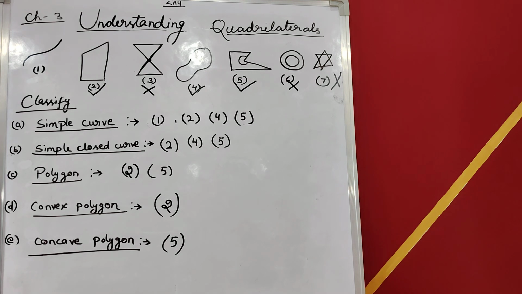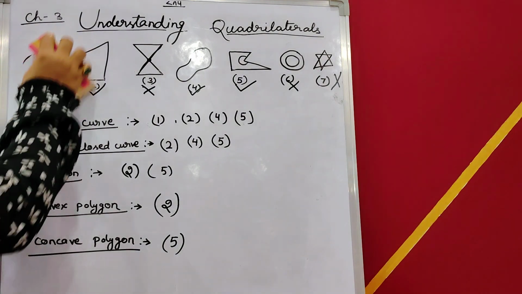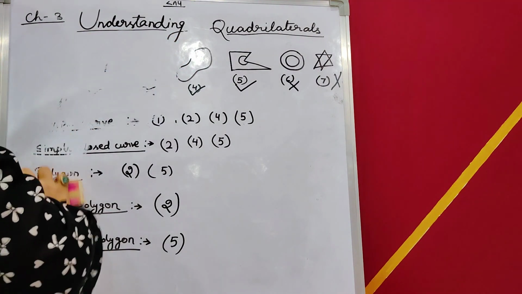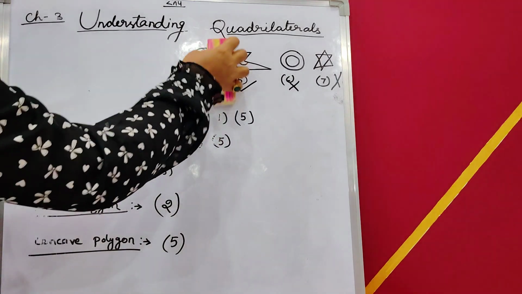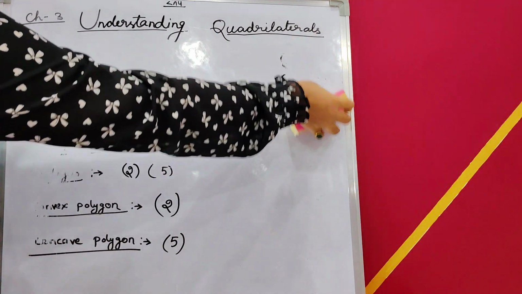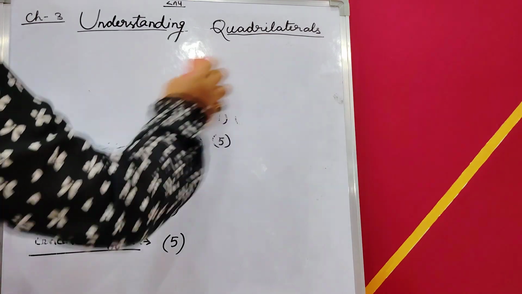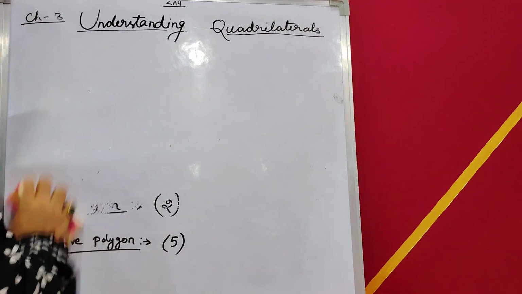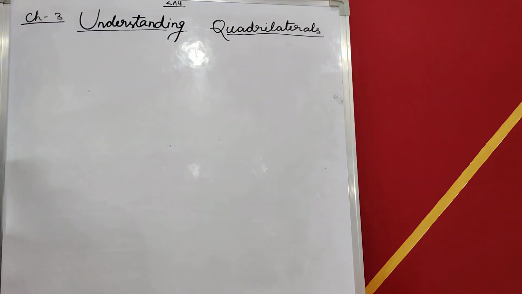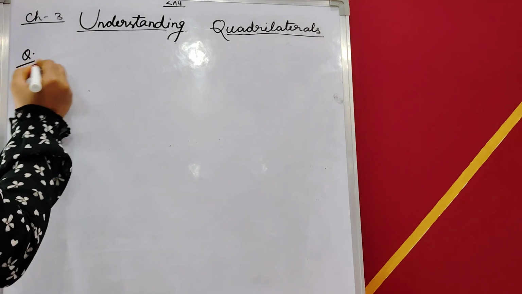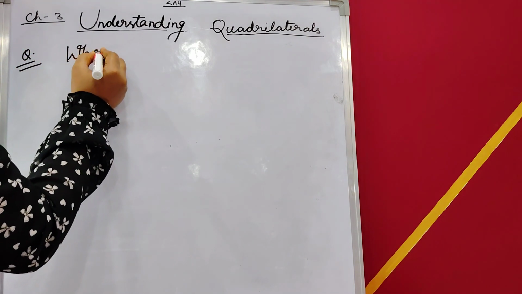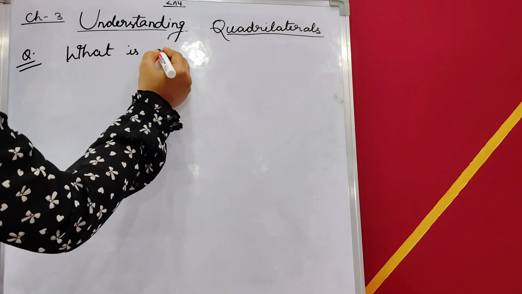Okay. So there are many kinds of shapes you can have in your book, in your chapter. I think I have helped you understand how to solve these kinds of questions. So yes, let's move towards the next question. The next question is simply asking what a regular polygon is. A regular polygon should have the same side length and the same angles.